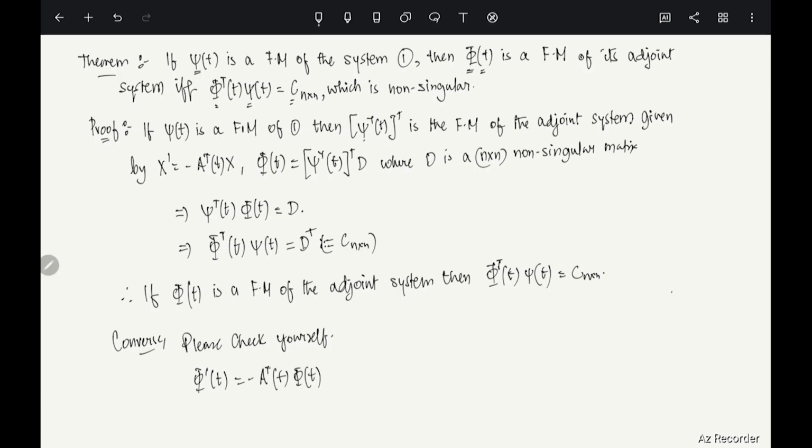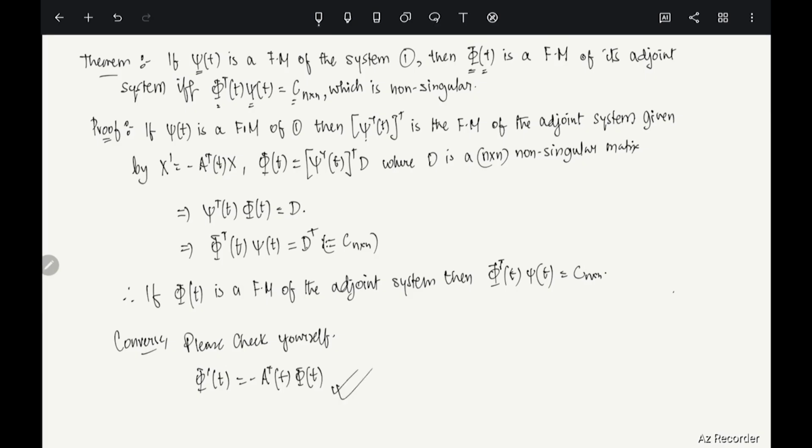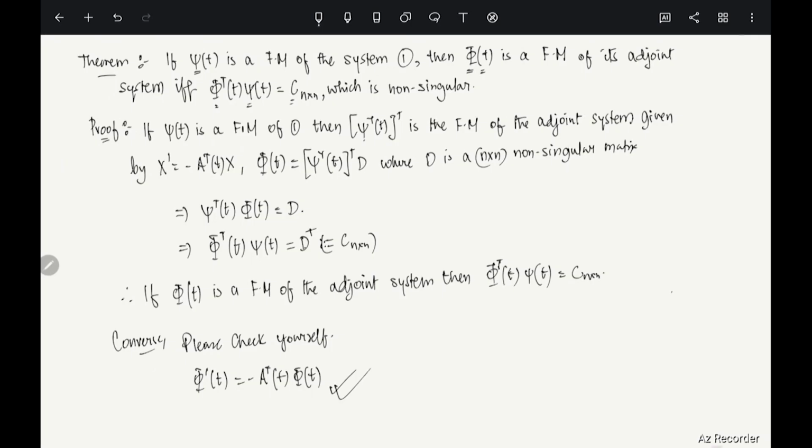Just put this value here and then you can actually see. Use the fact that psi of t is a fundamental matrix of the original system and you are done. So this I am leaving up to you. I hope you can do that. Okay, right. So with this, we now come to a section of this